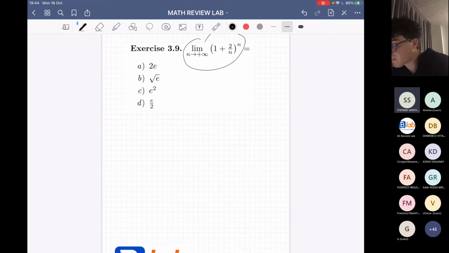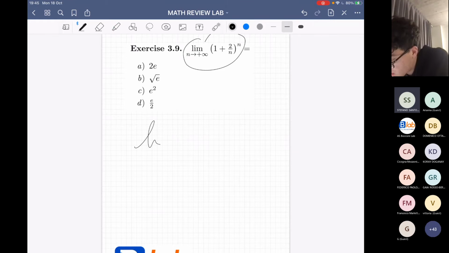But we know some fixed theorems and notations for limits, and the one we can use here is not that difficult. We just have to learn it, because otherwise it would be difficult. Because in general, we know that